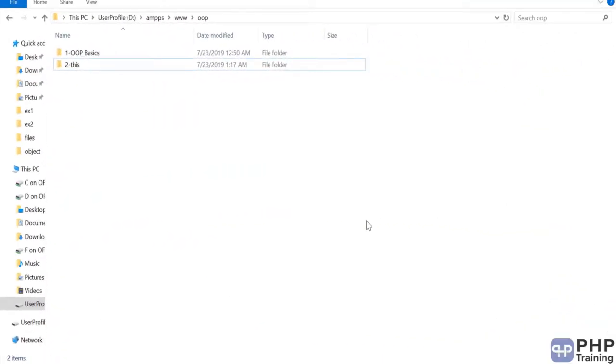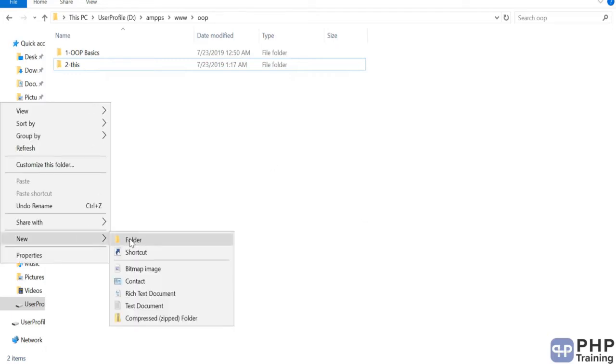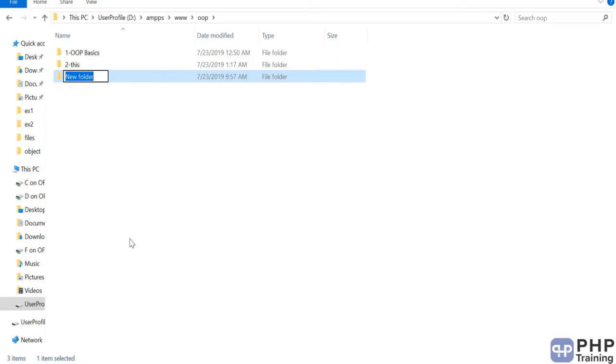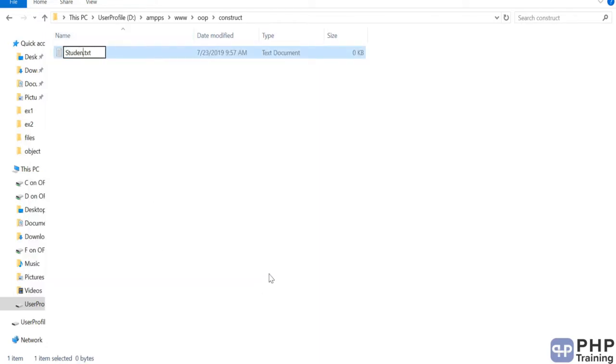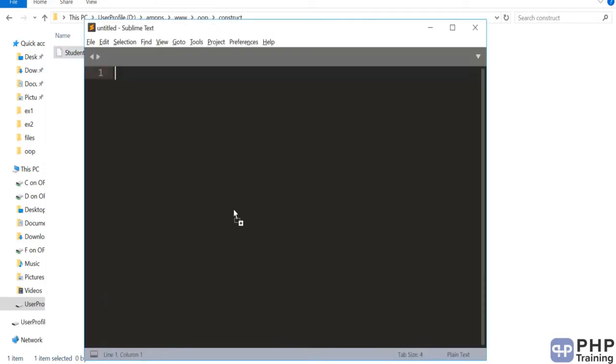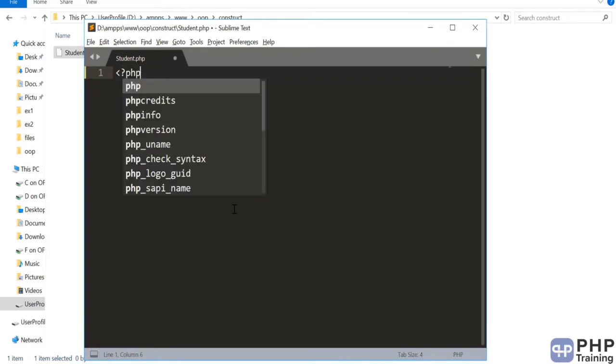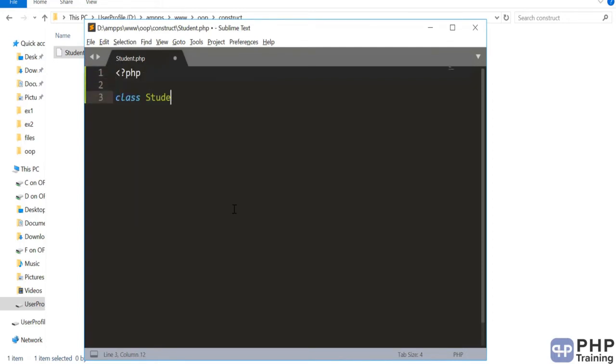Hello and welcome to the lecture on how to define and call a constructor. Let's do a quick example to understand how to define a constructor, and then we will see how it gets invoked automatically. So for that, I'll create a new folder and I'll call it construct, and then we'll do an example of a class. Okay, so I'll quickly write the class of student, and I'll create two variables for it, name